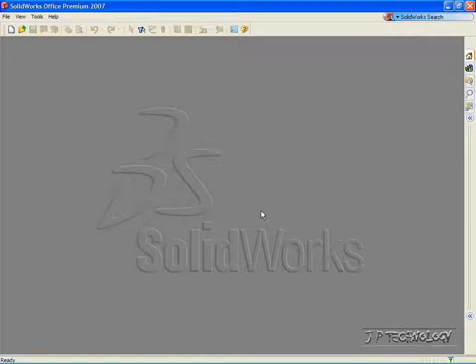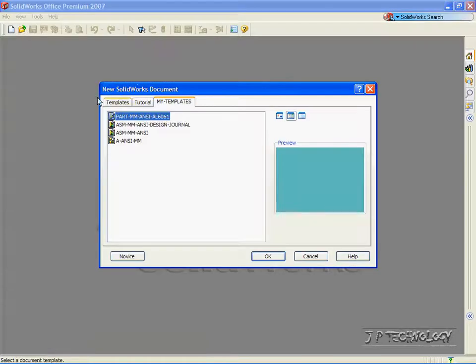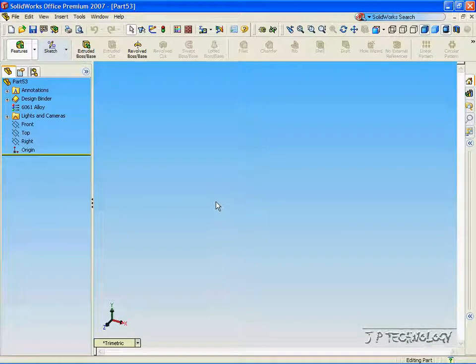This is tutorial number 27, and we will be covering the mirror sketch function within SolidWorks. To start off, let's click File, click New, click Part, click OK. Now what we're going to do in this tutorial is create a sketch and make a mirror image of it